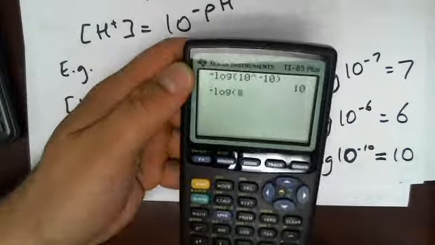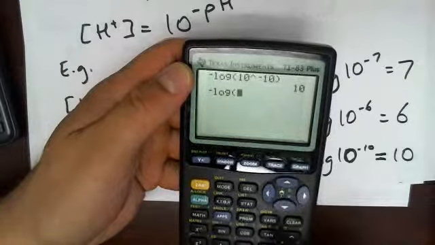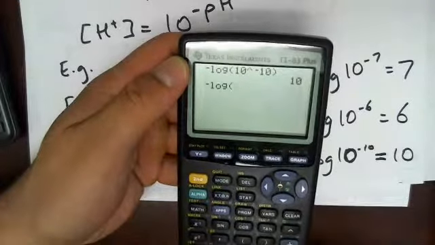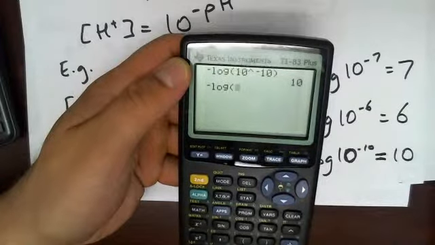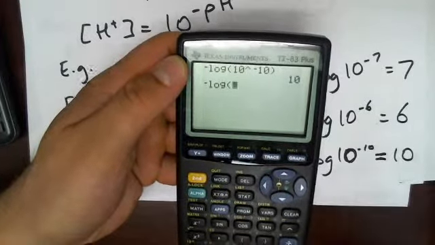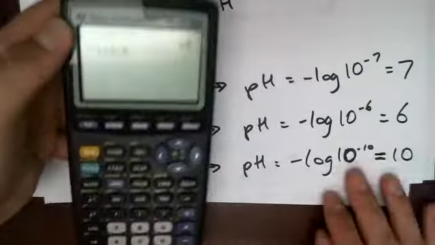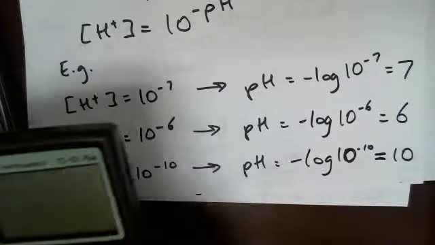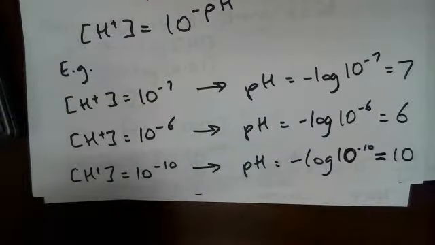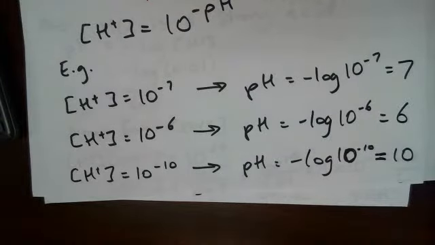I forget how you do it on this calculator, but it'd be like 1 exponent then to the minus 10, and like I said, I forget on that. But if you're familiar with entering it that way, just remember that this 10 to the minus 10 is really 1 by 10 to the minus 10. Just contact me if you have problems with that anyway. So that's our pH scale,